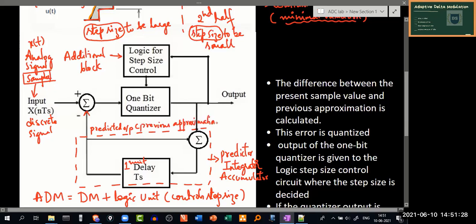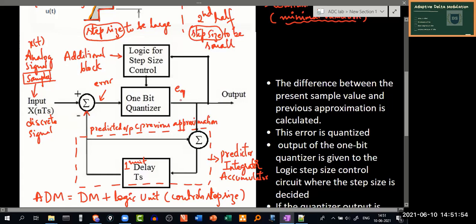So the entire working remains the same. When I add this input signal x of nTs with the predicted approximation, or basically here a subtraction is happening between these two quantities, I'll get the error value, and in turn this error value will be quantized. So here I'll get EQ, the quantized error.